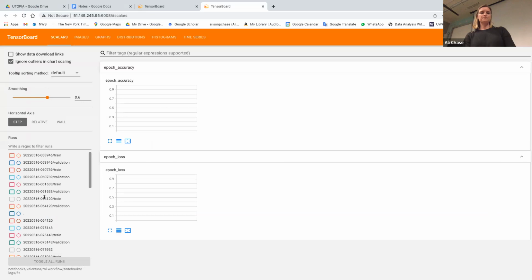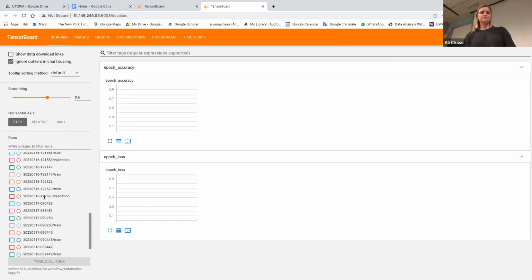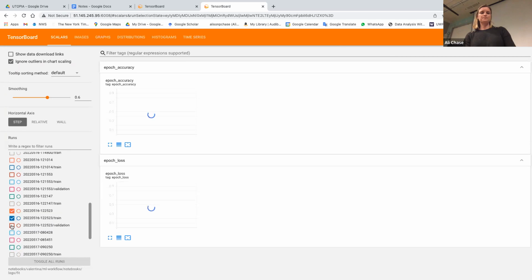So this is Tensorboard. This is a Google product, but it's free open source software, and you can relatively easily connect to it using the output from your deep learning network. I'll just show you one recent example.